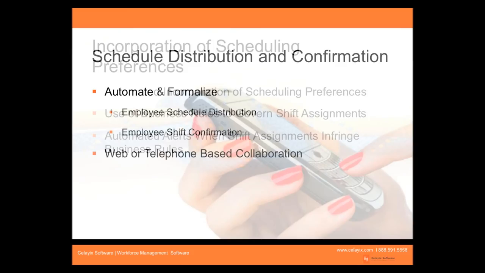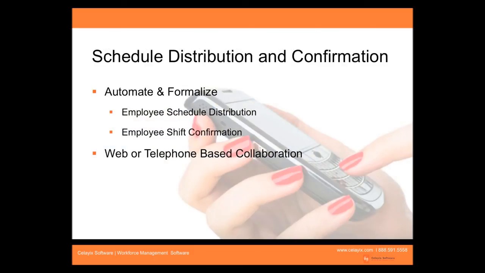And then the last piece is the schedule distribution and confirmation. So in addition to automating the means in which the employee information comes in, collaborative scheduling also automates the flow going out by formalizing both the employee schedule distribution and confirmation process. So collaboration tools that can be accessed over the internet or telephone, employees are able to access, view, and confirm